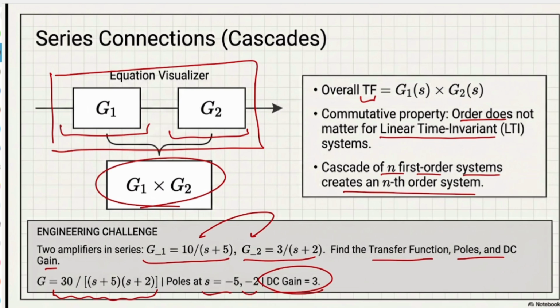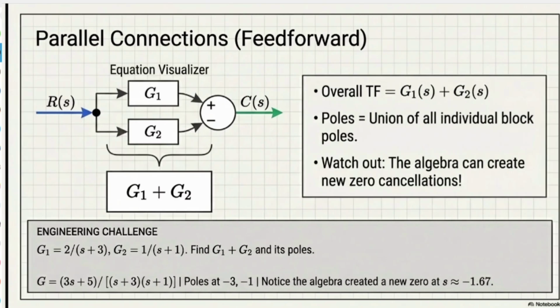DC gain means s is going to 0 itself, or we know that time is infinite, and since frequency and time have an inverse relationship, your DC gain would be 3. Simple as that. And another point, we have another connection that we call a parallel one,